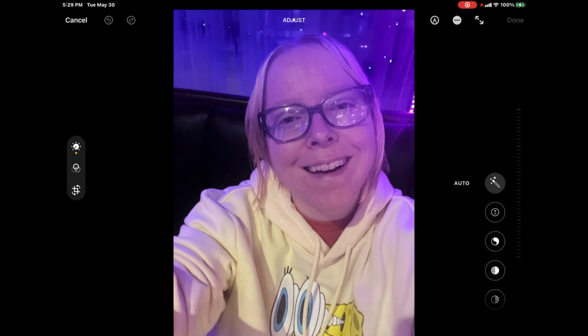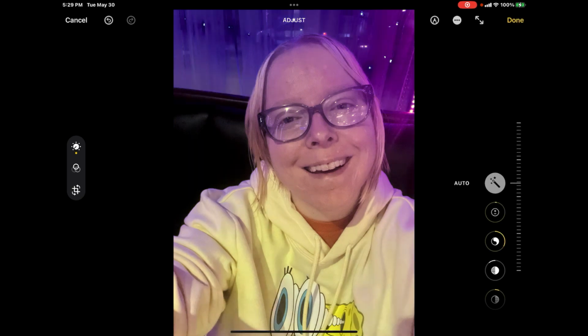Tap on Edit. By default, the adjustment panel is selected. Every time I start editing photos, I tap the auto icon. This will adjust all of the properties to the values that represent the best version of this photo according to your device. The first step in making a photo look like an old-time photo is to make it black and white. Of course, you can use the black and white filters to make the photo look black and white instantly,